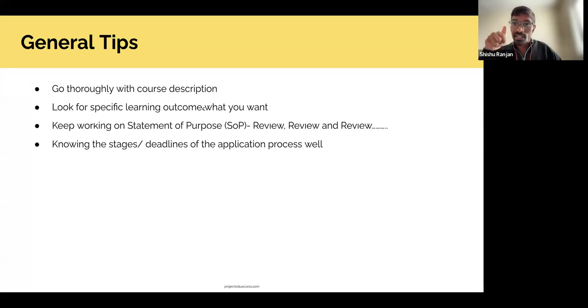You need to be very careful about the stages. For Oxford, you have two deadlines: one is the funding deadline and one is the general deadline. The funding deadline is about to be over; it's the 28th or 29th for masters. So be very careful with that. They are very particular, and a small technicality may downgrade your application. So yeah, those are the general tips.